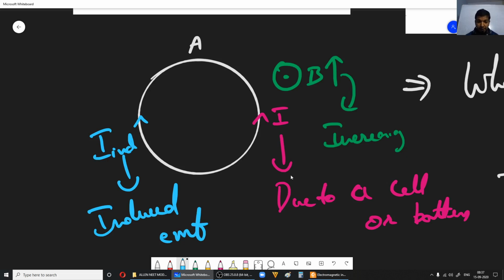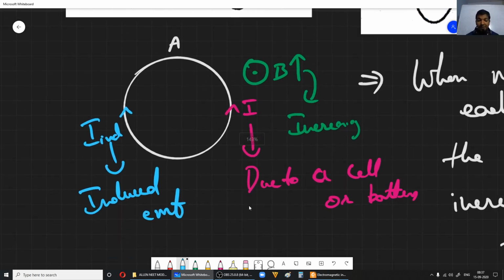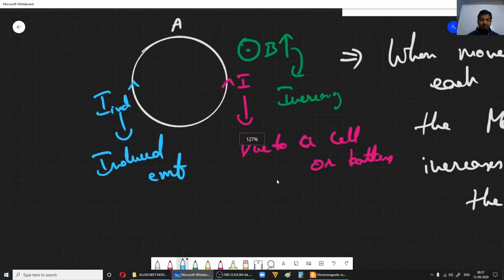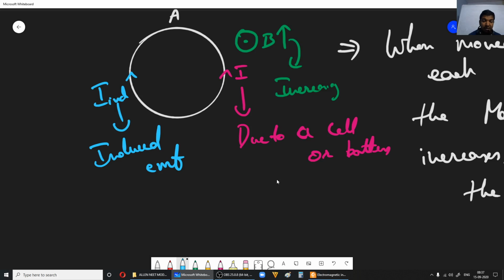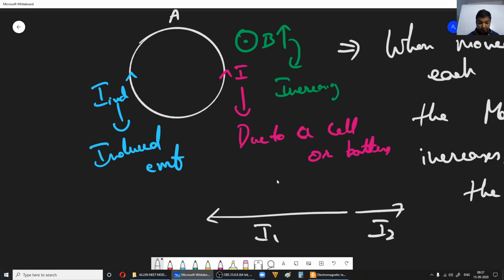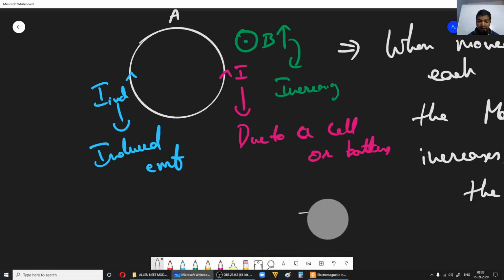Fine, this current is due to induced EMF. Now what happens to the net current? When you see two currents, where I is flowing anti-clockwise and the induced current is flowing clockwise, as soon as you start moving, this induced current flows clockwise. If you have two currents this way, I1 and I2, they are not vectors, but I'm saying in the sense of direction. If I1 and I2 are flowing in opposite directions, you will see the difference here.